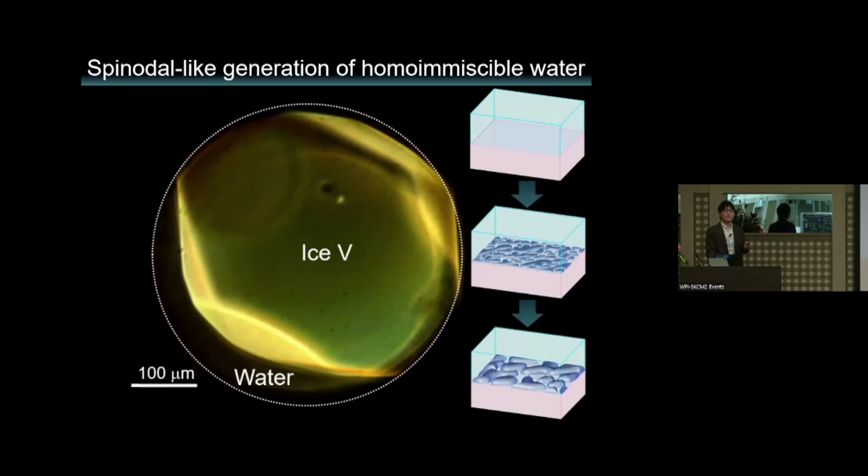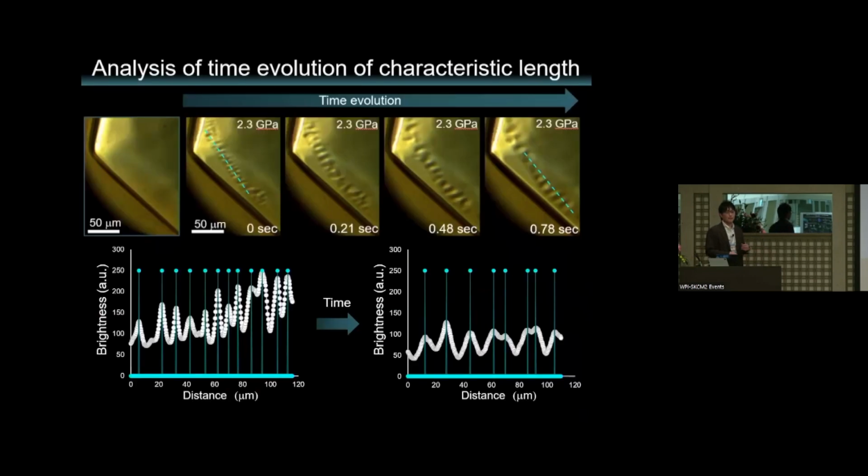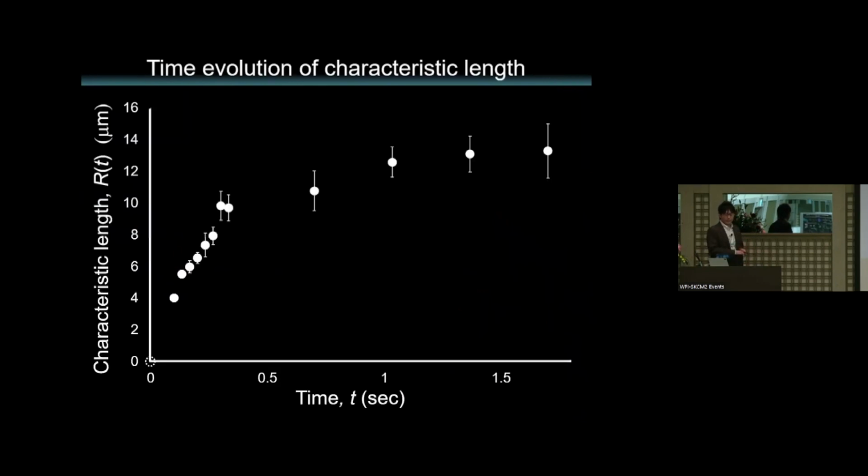To get information about the similarity with liquid-liquid phase separation, we analyze the time evolution of the characteristic length, which is the wavelength of the bicontinuous pattern, by analyzing the in situ movie. And this is the time evolution of the wavelength of the bicontinuous pattern. I hope you can see three kinds of discontinuous stages. To interpret this plot, let me briefly introduce the